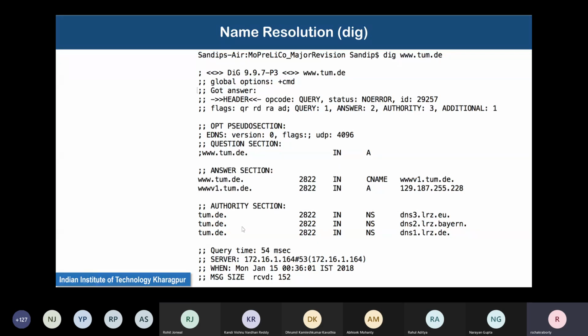So this is the display that might come up if you do dig www.tum.de. TUM is Technical University Munich. DE is Deutschland, which is basically Germany. So this is showing this is a university in Germany.